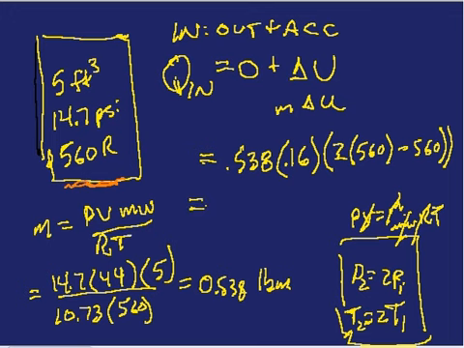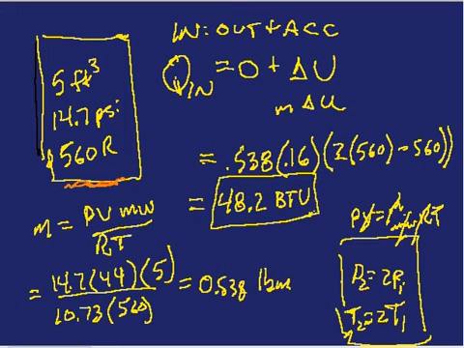So there's the answer to question 2. Now questions 3 and 4, you were asked to find the work and the heat interaction for this situation. We started with a piston cylinder device with 1 foot cubed volume. Put refrigerant 134A in it, and the initial conditions were we have 1 pound mass,